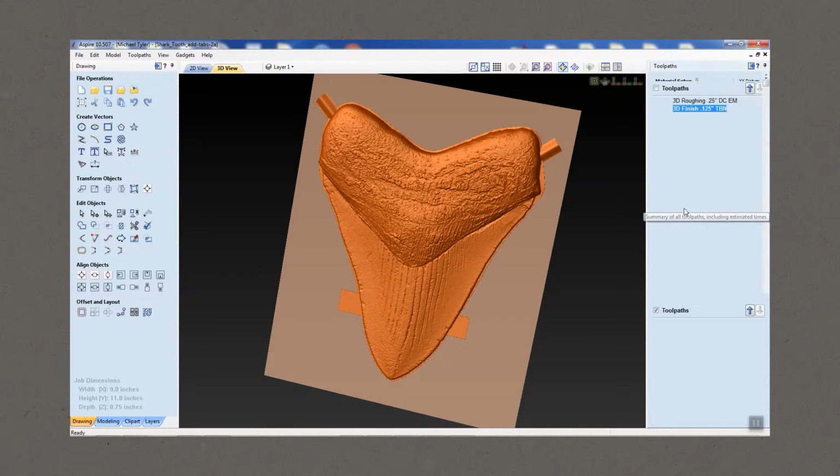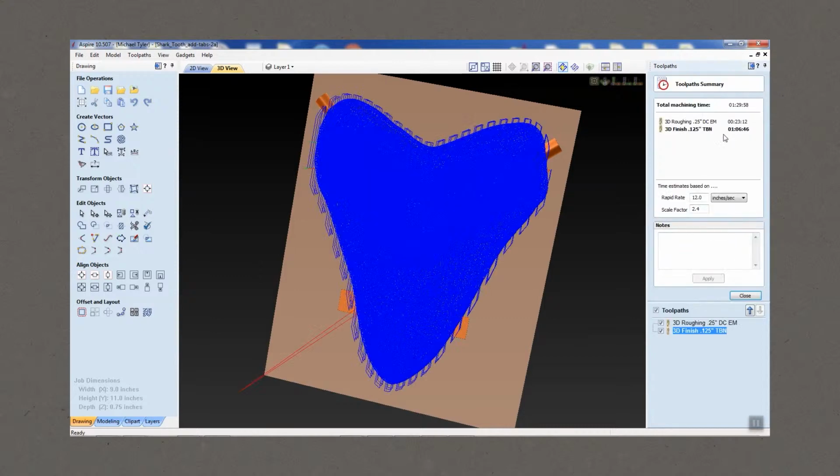with this little clock here that shows us how long the roughing and finishing is going to take. Now these are only estimates, and it depends on the scale factor that you choose. I know from experience in keeping track of time over hundreds of projects that my scale factor for a 3D model is approximately 2.4. So I know that estimate's going to be pretty close. I got a total machining time of about an hour and a half,